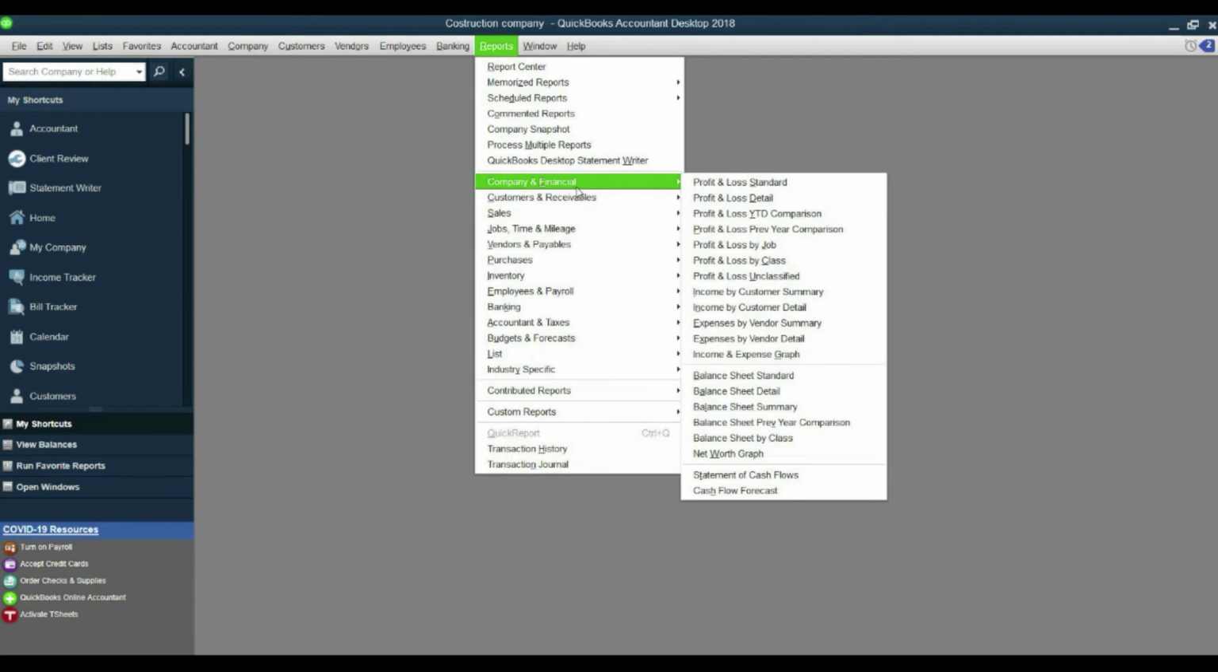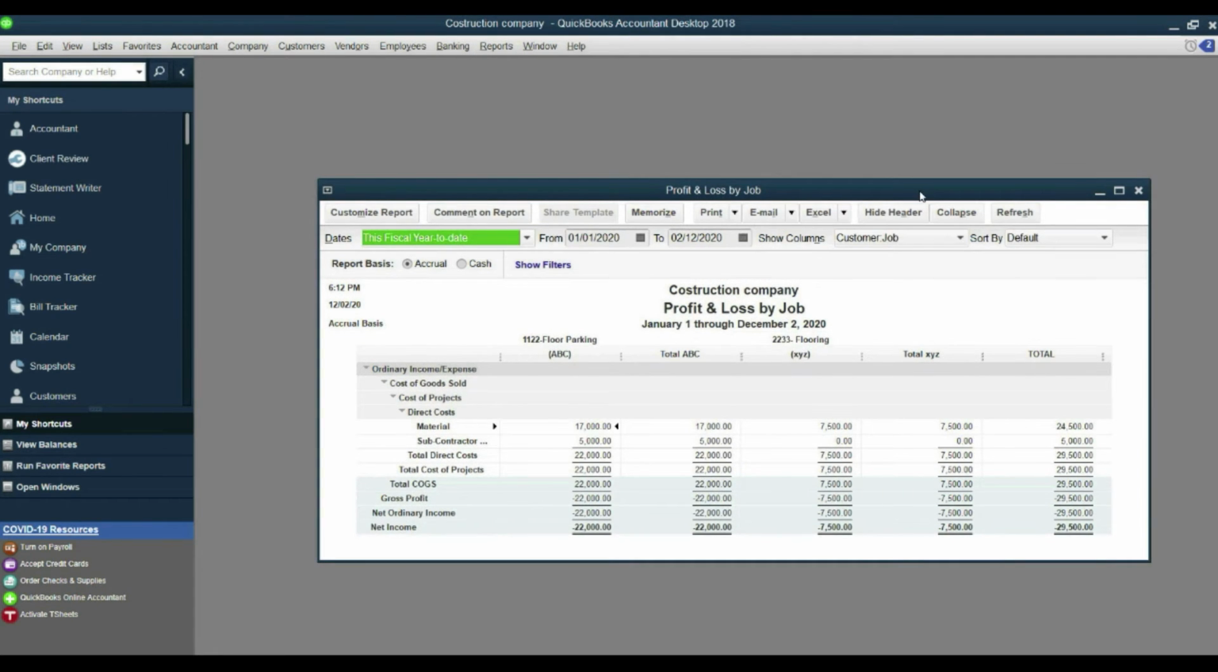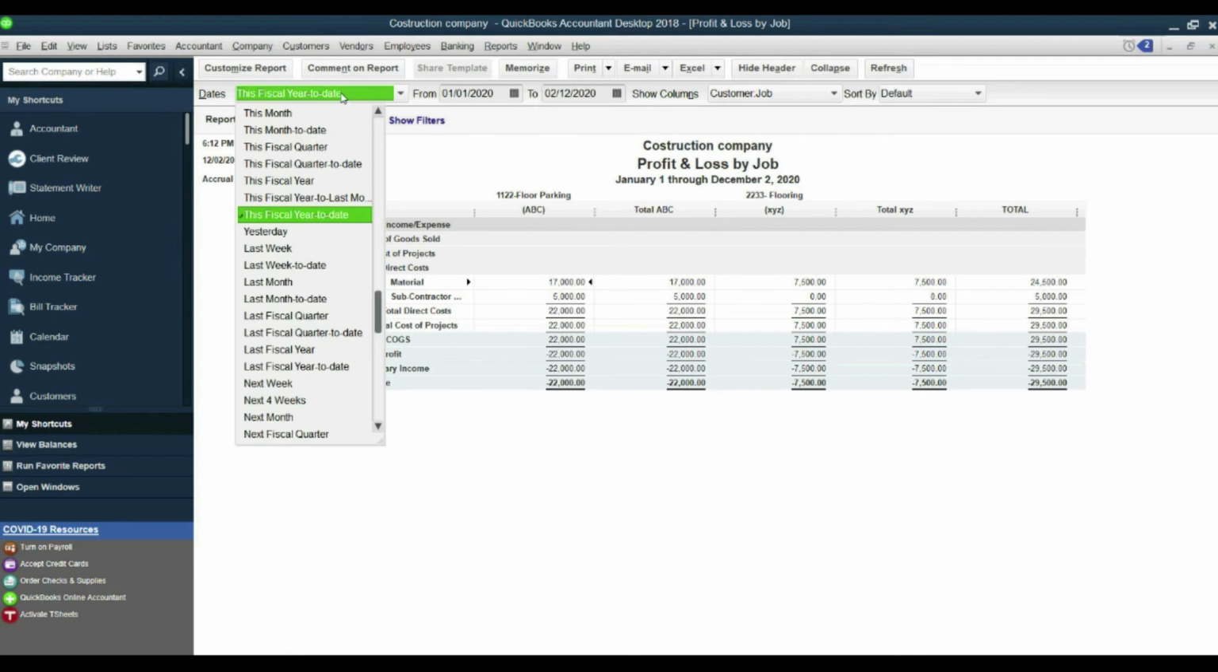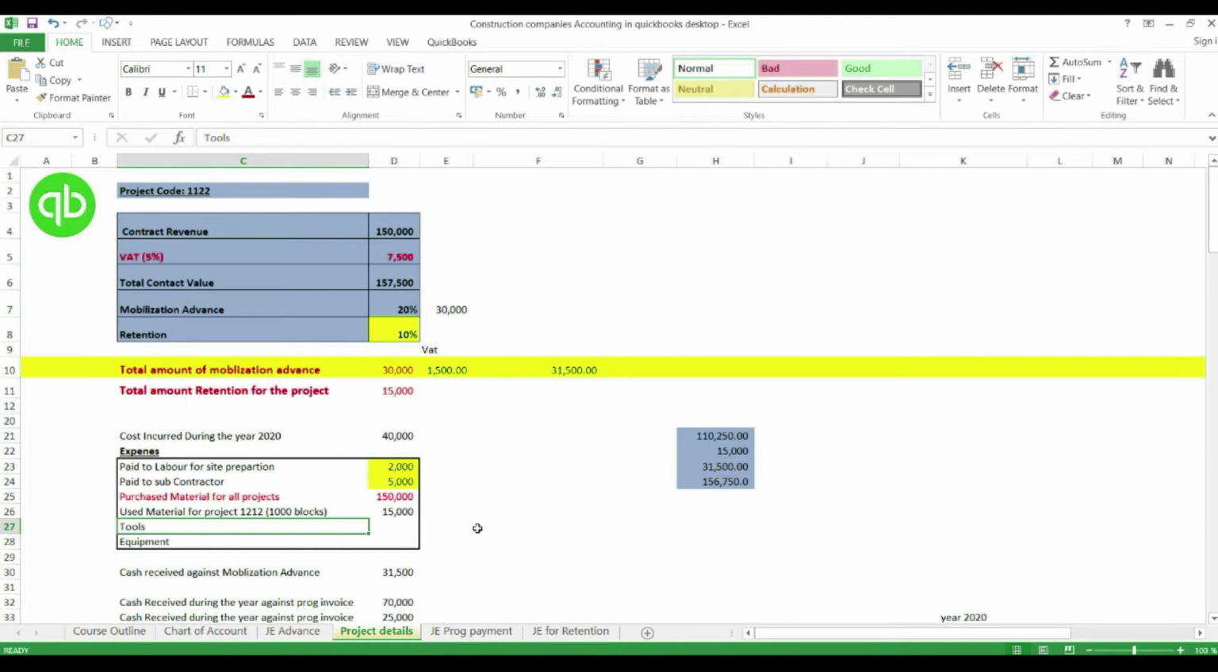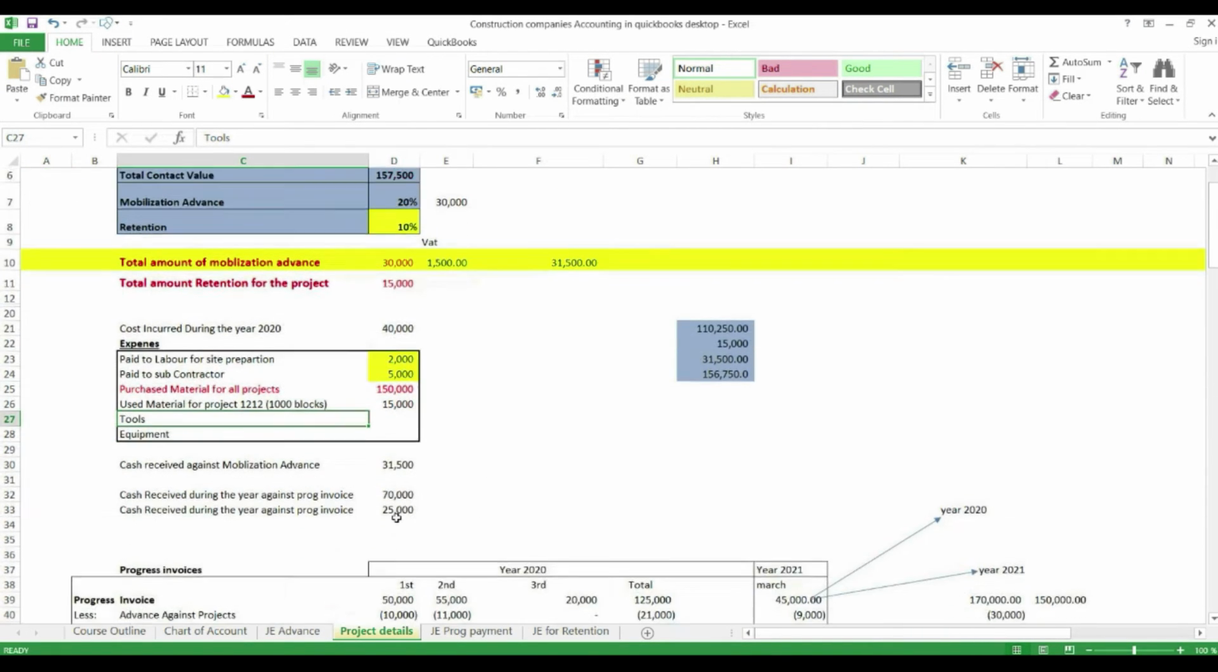Let's see how much we have spent on this project. Go to the reports, company financial, profit and loss account by job. We are following up with this project: 22,000. Let's do some more expenses. Now this time we have to do some expense for